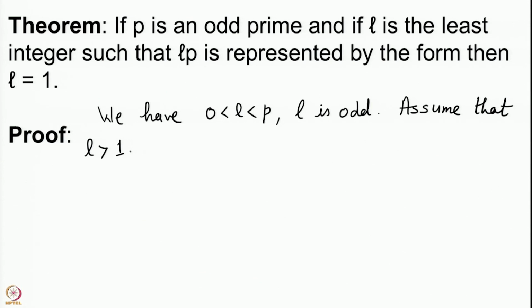Now I must recall for you one concept which we have introduced some lectures back. This is the concept of a numerically least residue. So, whenever we are given any integer n and we are going modulo another integer, say L, then we will look at the residue of n modulo L, and typically this residue is chosen from the elements 0, 1, 2, 3 up to L minus 1. This is where we look for the residue.